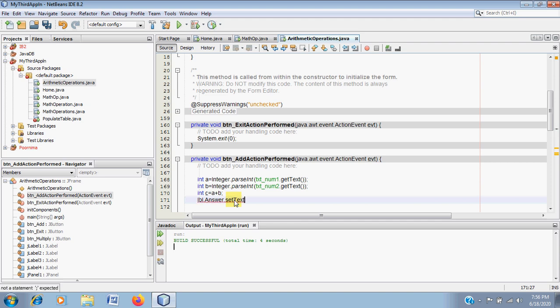Set text to what? It is an integer. When you put an integer with a string, it will automatically get converted into a string data type.